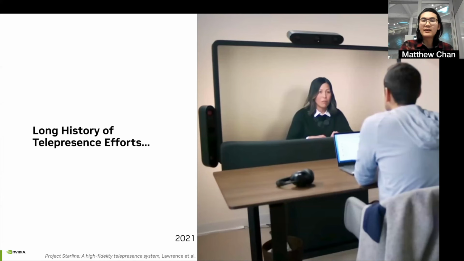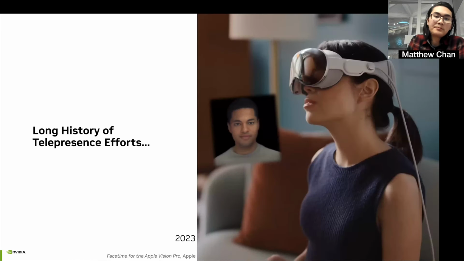Similar idea, 3D telepresence of people, but without a head-mounted display. Even more recently, last year, Apple, which a lot of you probably have seen, produced the persona avatars for FaceTime and other applications using the Apple Vision Pro.